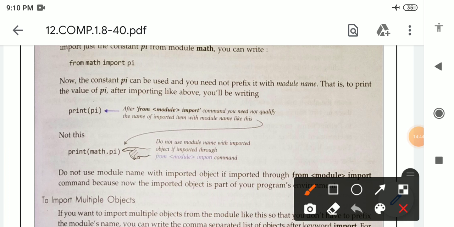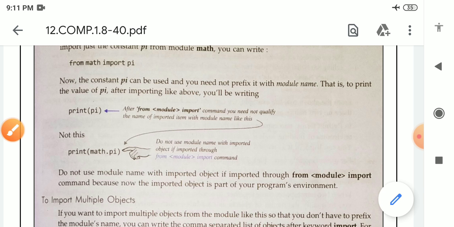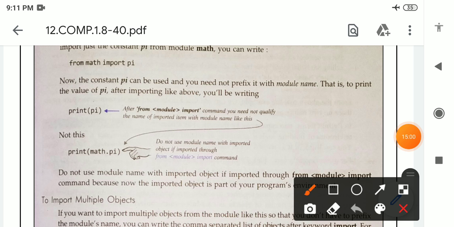Whenever we are selecting a single object from a particular module, we write the statement like this: from math import pi. In the print statement we will not write the module name math. We will simply write print pi, when we are importing a single object.